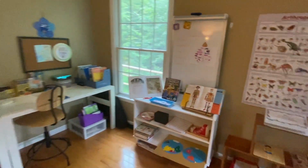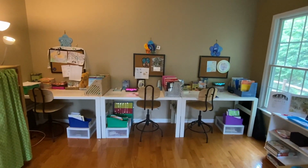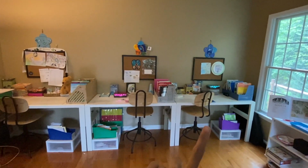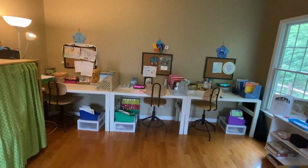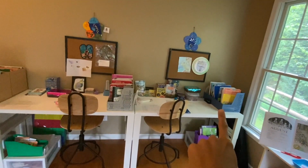So now let's move over here to the 3 children that I have that are older, that are 10, 6, and almost 8. And so 10, 6, and 8. And this is their desk. Each of them has their own little area. As you can see, I have magazine